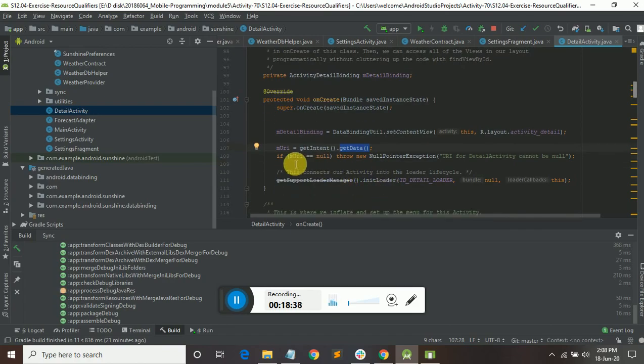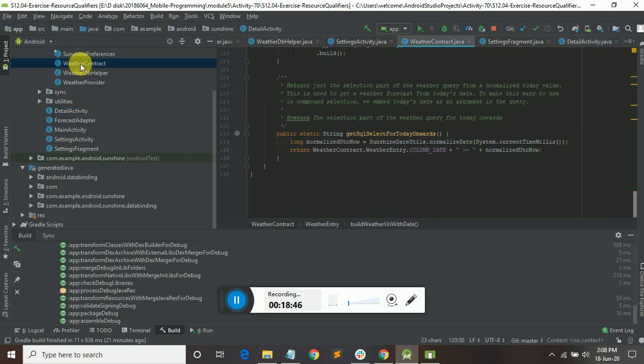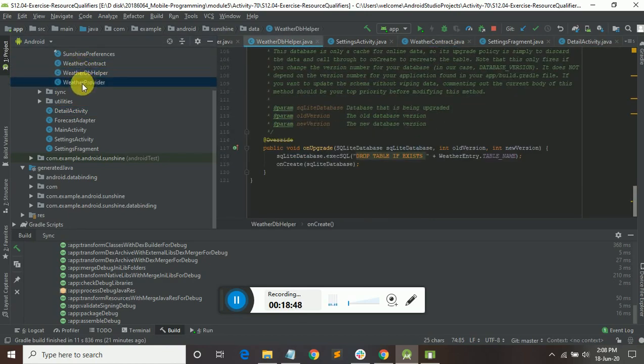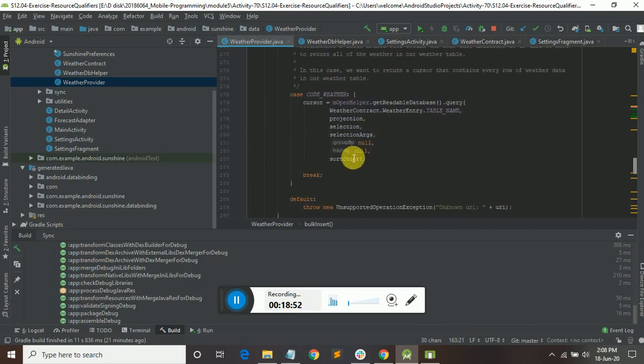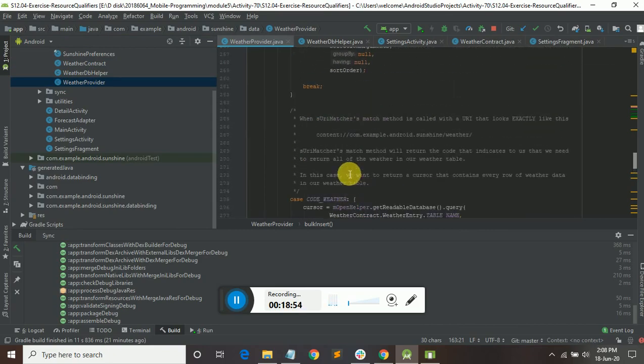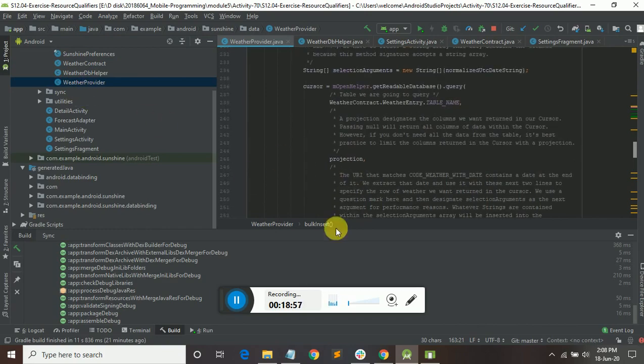And if there is any problem with the M URI, here we can see some part like weather contract, at some part we get a M URI weather.